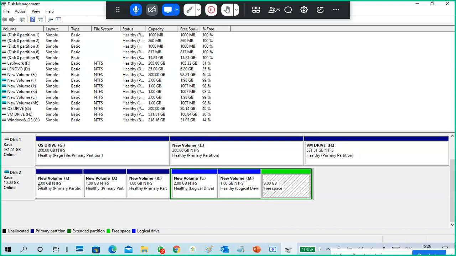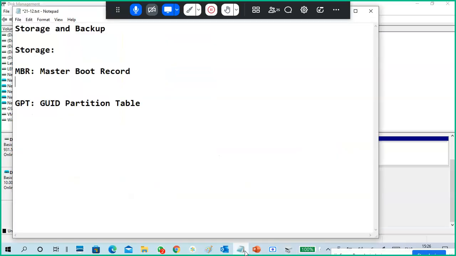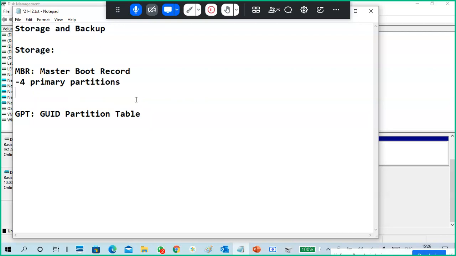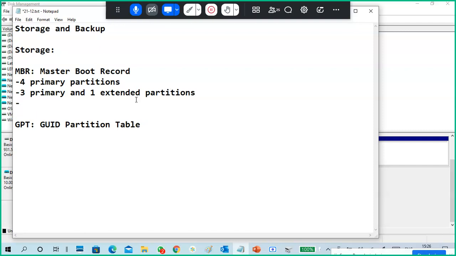Okay, guys, understand this one: the MBR and GPT difference. Primary partitions: four primary, or three primary and one extended.